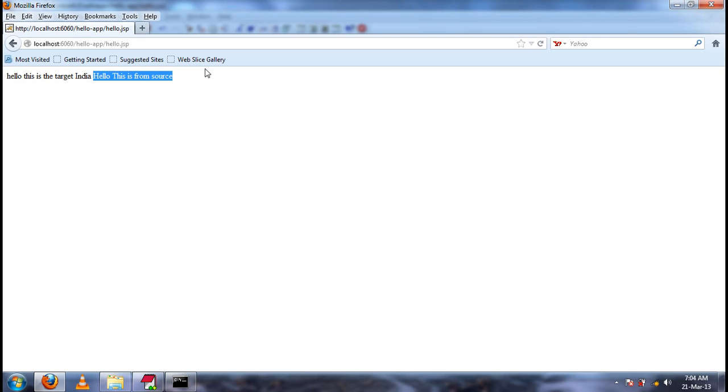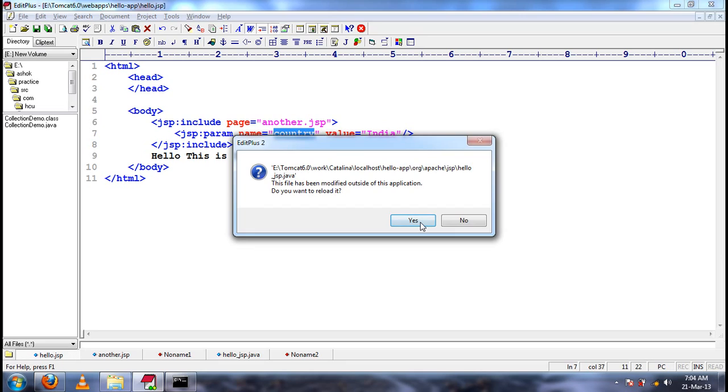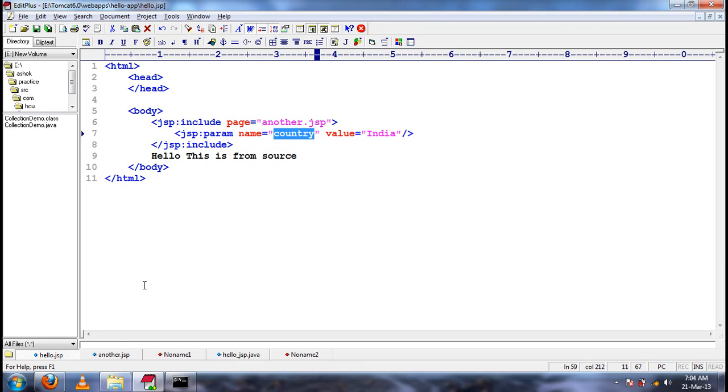Then what do you think JSP colon include uses internally? JSP colon include internally uses the request dispatcher dot include mechanism.